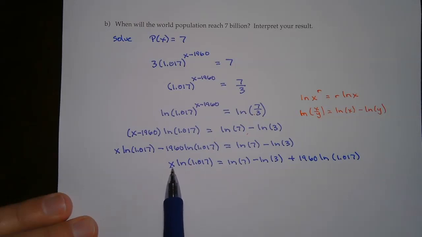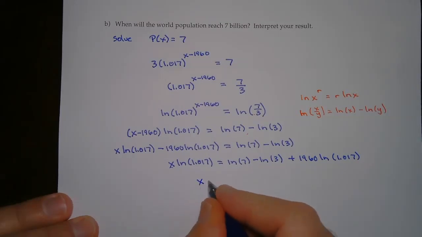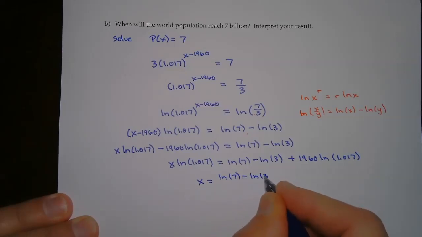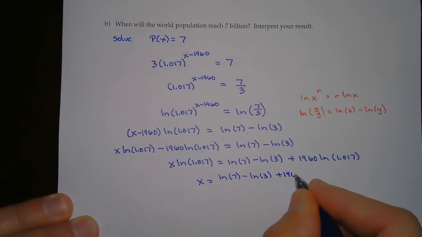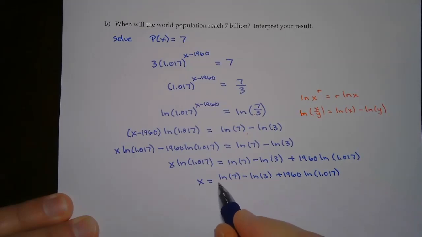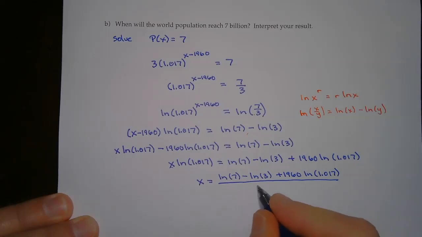Well, what am I doing to the x? I'm multiplying it by natural log of 1.017. So to undo the multiplication, I'm going to divide. Whatever you do to one side, do to the other side. So I'm going to divide both sides by natural log of 1.017. And that would give me x is equal to the natural log of 7 minus the natural log of 3 plus 1960 natural log of 1.017, all over, big long fraction bar, right? All over the natural log of